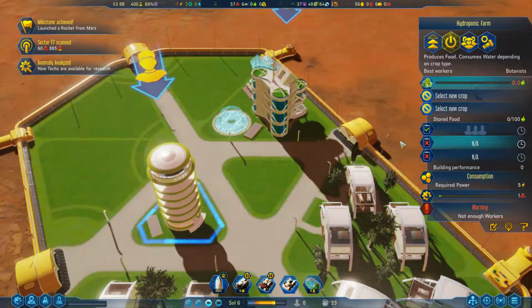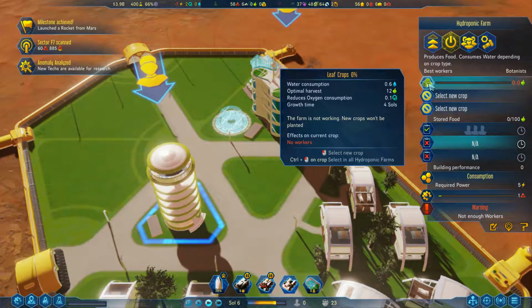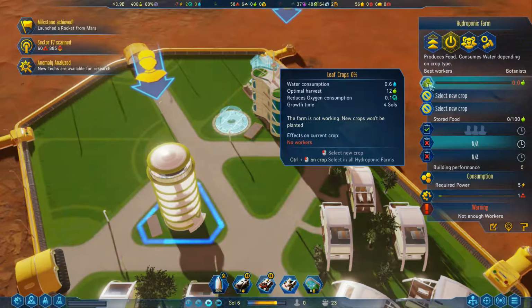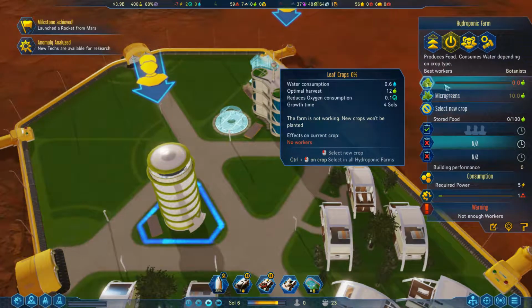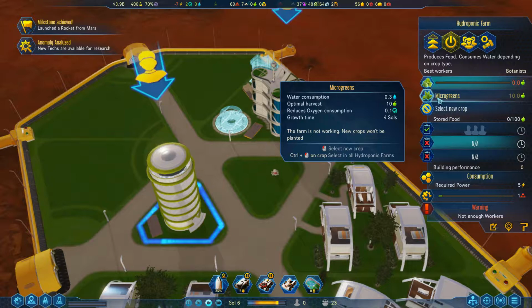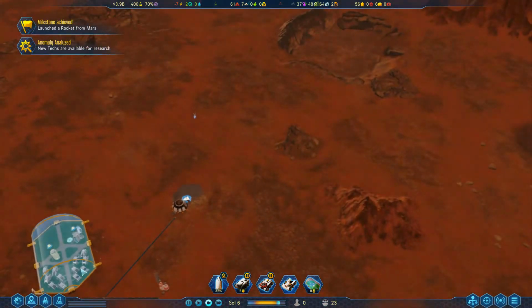Anomaly analyzed. And you will be growing leaf crops, which will take water and oxygen. Let's get you also to grow microgreens. They're less food, but they also take less water. Take the same number of days to grow, though. I'm wondering if you shouldn't make another...